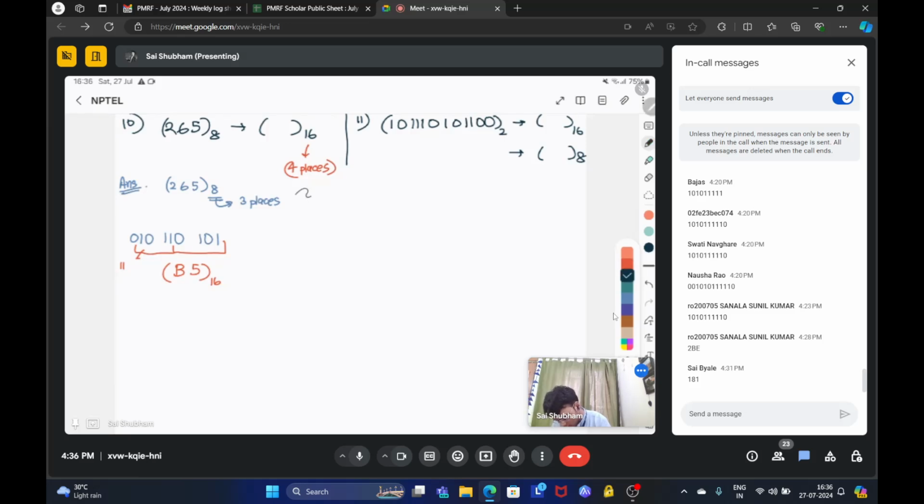Moving on to the next question. We have this number. So when we are trying to get an octal, we will make a pairing of three, group of three. So yeah, so this is 5, this is 6, this is 5, and this is 4. If you have to make a pairing group of 4, then it will be,